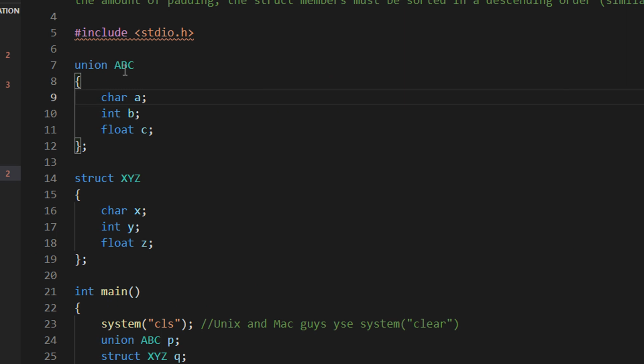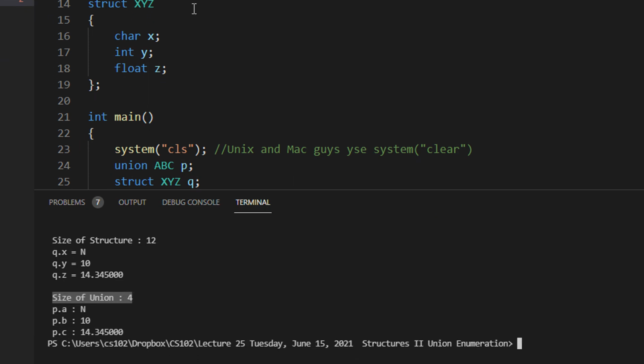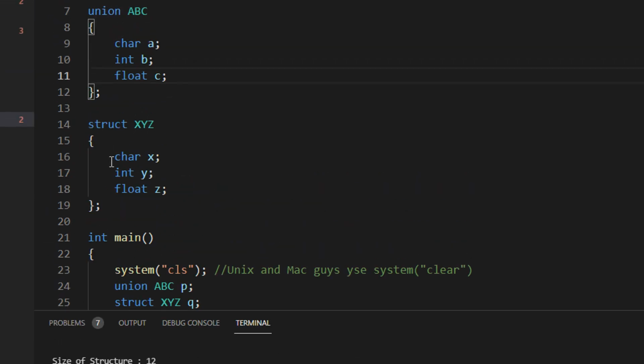If you see union ABC, we have a character which is 1 byte, an integer which is 4 bytes, and a float which is again 4 bytes. So the max of 1, 4, 4 is 4. You can see the size of the union is 4 bytes. Now you can see what happens in a structure. In a structure it is the summation of everything I told you.